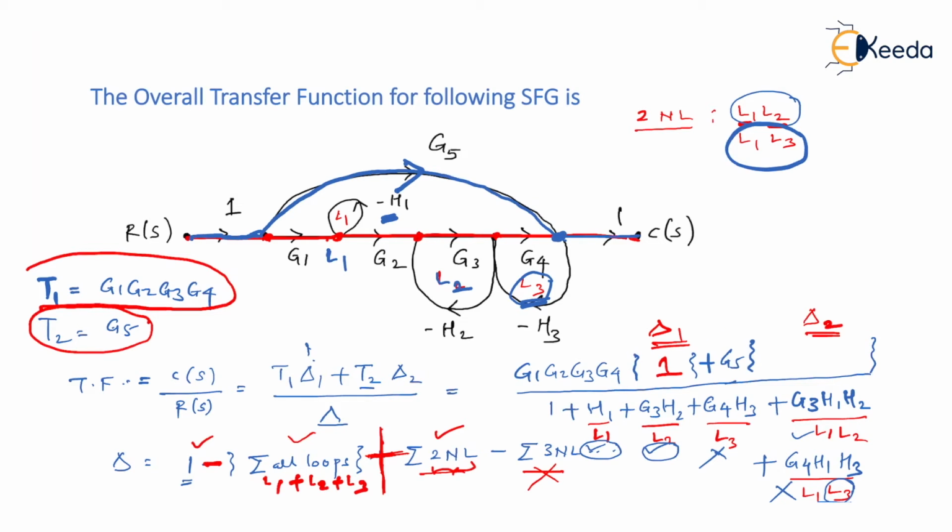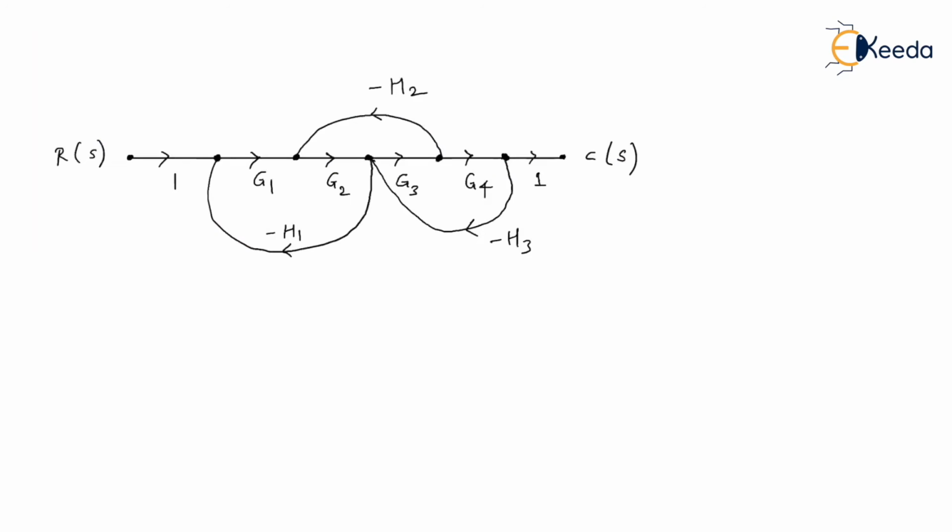So let us write that delta 2 now. Delta 2 is simply H1 plus G3H2. So I've taken this term, this term. I cannot go for L3, but I can go for L1, L2, which is G3 times H1, H2. So that's it. There is no such tedious method to be followed. This is the only way we can solve it quickly. I'll now tell you in the next problem how to solve the problem quickly. Let us start with this.